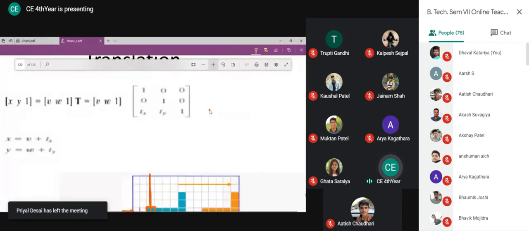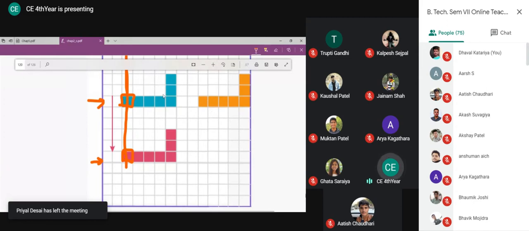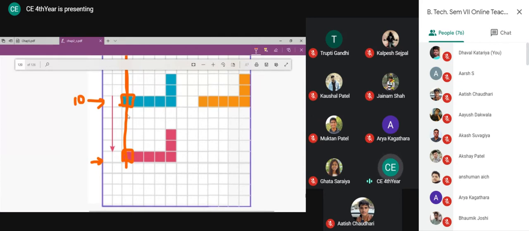I can show you even in the zoomed version how the difference is obtained. See, this is my earlier x coordinate. Suppose the x coordinate value is 10 here. Now the new x coordinate value is 15. So all the x values of 10 are now 15. This was 9, and it is now 14. This was 8, and this is now 13.